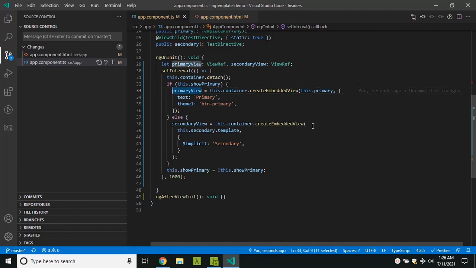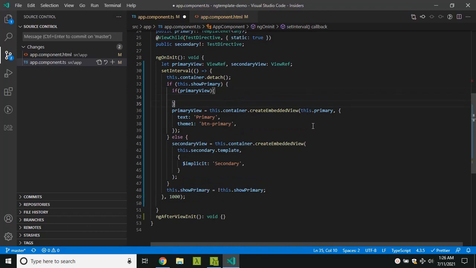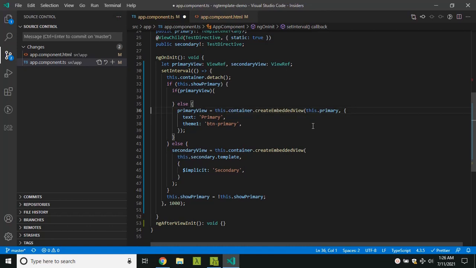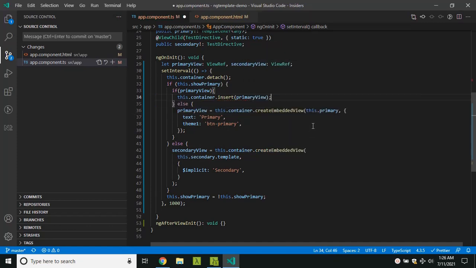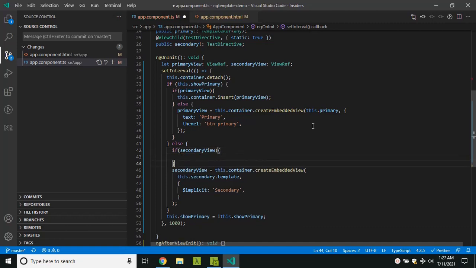We can keep this in a variable, and add a check: if it is already present, the container has another method called insert. We can pass the primary view, or the view reference, to that as a parameter. The same thing we can do for the secondary view as well. Basically, if the view exists, we will just insert it into the container,